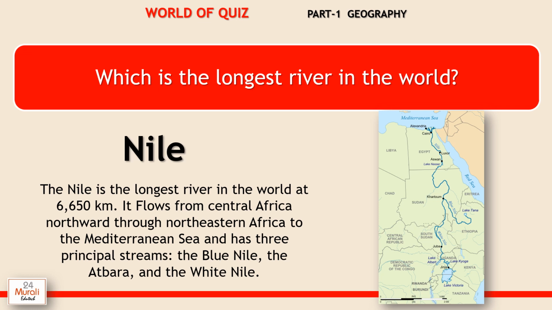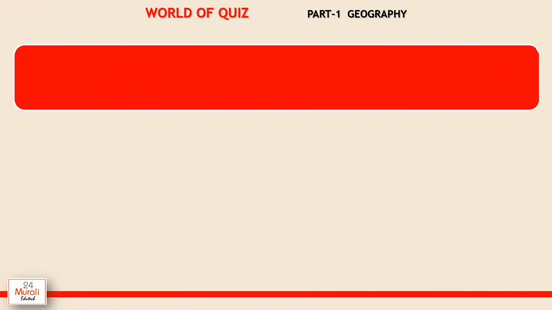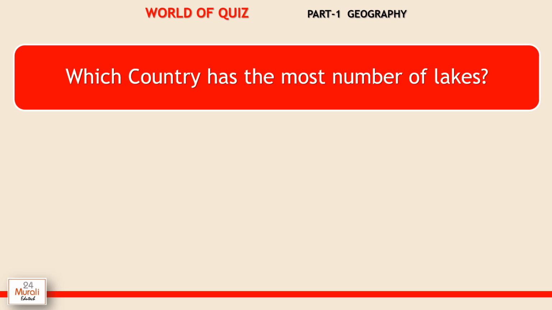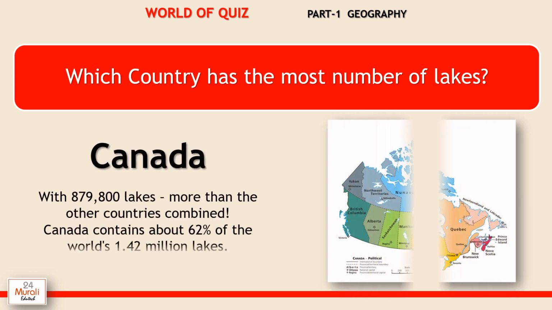It flows from Central Africa northward through northeastern Africa to the Mediterranean Sea and has three principal streams: the Blue Nile, the Atbara, and the White Nile. Which country has the most number of lakes? Canada, with